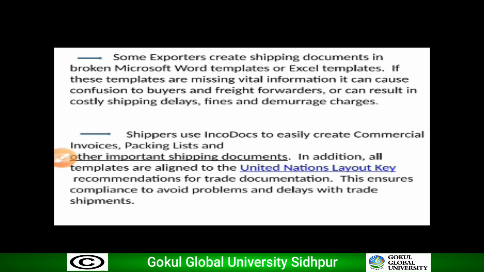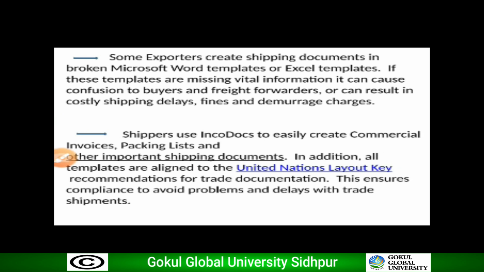When you prepare a commercial invoice, do not use Microsoft Word. Always use Incodocs because it avoids all problems and delays. Next,